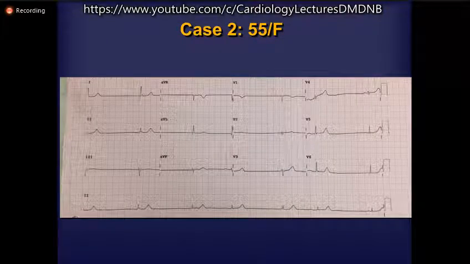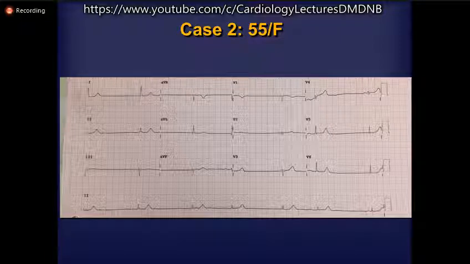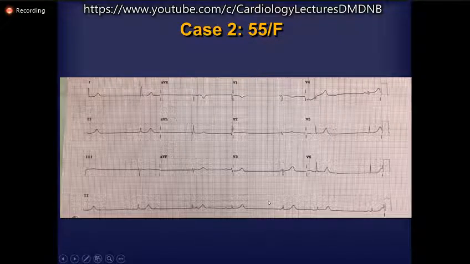And again, I'll show you another case where we switched our plan to left bundle branch area pacing. There is a 55-year-old female, again symptomatic with dizziness and syncope, and this is her presenting ECG with significant bradycardia as well as junctional rhythm. Look at the native QRS in this particular case, very narrow and normal looking.